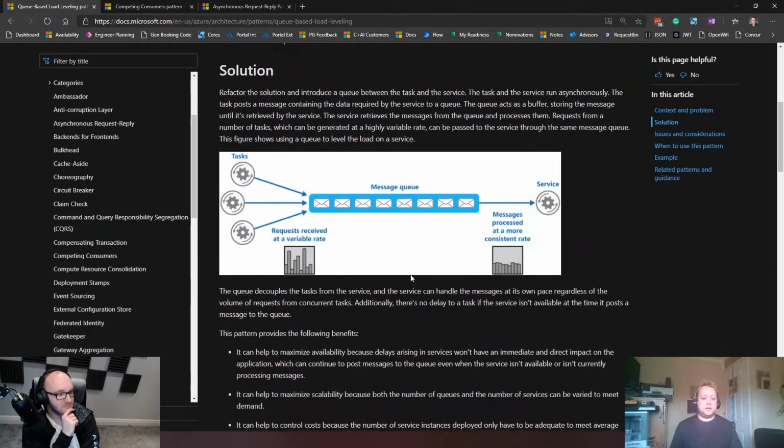So we go to this one. We've got a number of things, which are our tasks on the left-hand side, popping messages onto a message queue at a variable rate. So we don't know what the demand process is going to be. We might have 10 people on the site, we might have 1,000, we might have 10,000. All we need to know is that regardless of what that variable rate is, the service which is doing the queuing is able to sustain that ingress rate, and hold those messages until we're ready on the back end service to process the next one.